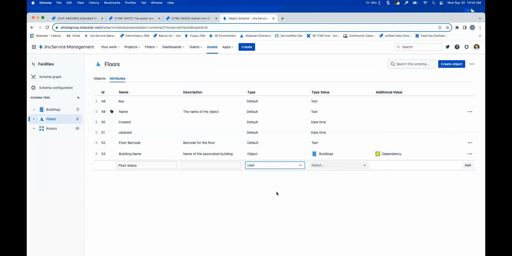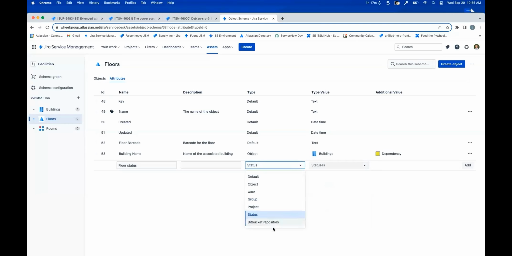So we also have users. Users would allow us to associate a user in a Jira group to this object. We have groups that, of course, would allow us to associate a Jira group to this object. Projects. You see a theme here. We can associate a Jira project to this object. We also have status, and this would allow us to associate to the object a status. These are the ones that are currently defined for this particular schema, and we can have others as well.